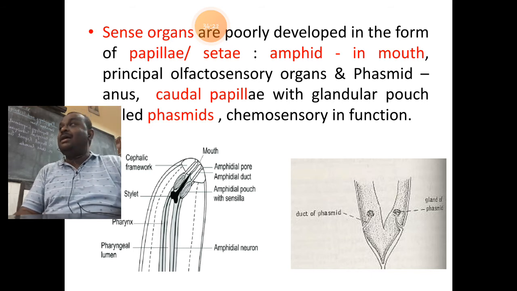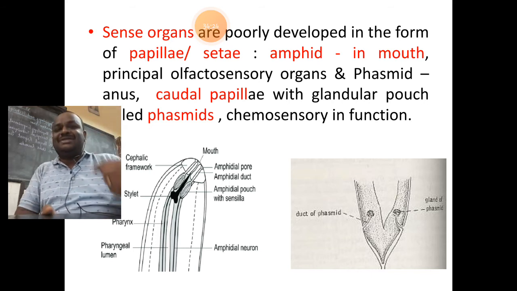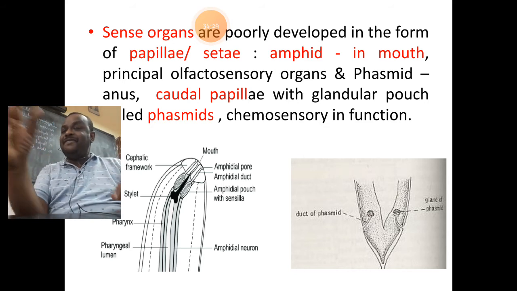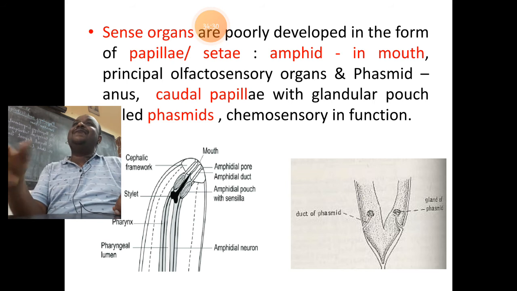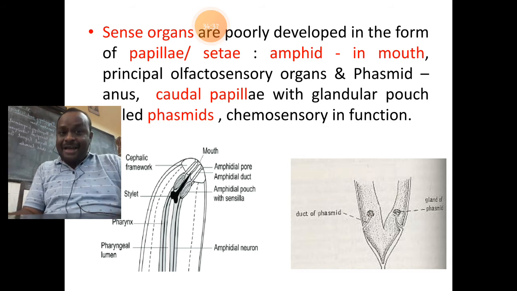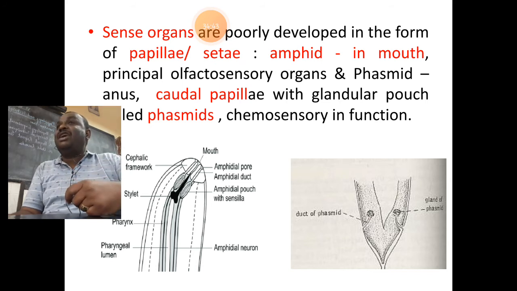They are sensory for chemicals. Amphids need to be present in free living organisms because they need to sense the food availability. Whereas the phasmids need to be present at the posterior end to sense chemicals,